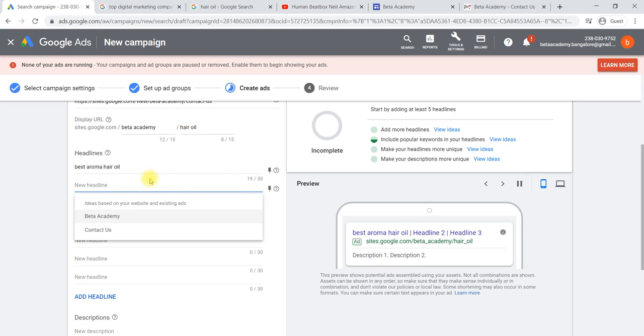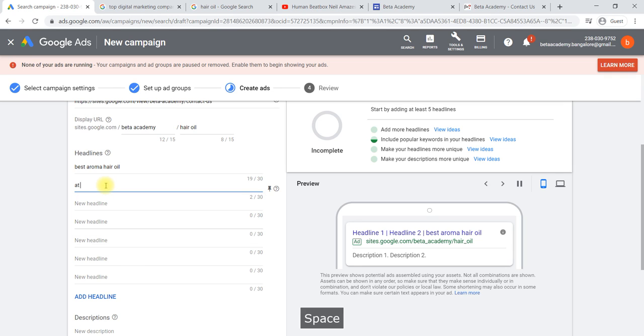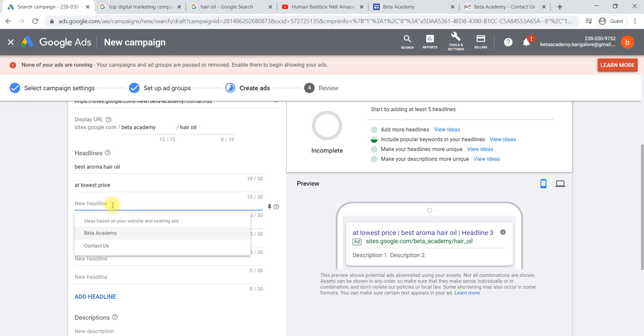For the second headline, you can say at lowest price. You can see at lowest price has been added. One more headline you can give, three headlines in total. Headline 3: limited offer.